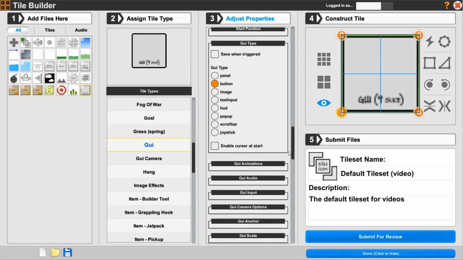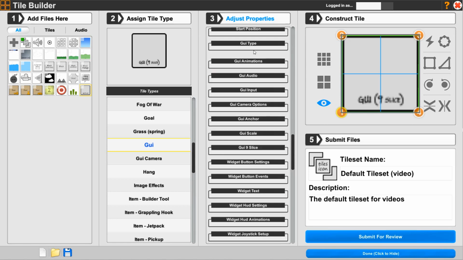So if we go back up to here, and we go to our GUI type, you have these right here. We have a 9 slice on this one, but in terms of its function, we're going to say it's a panel. Alright, so a panel just meaning it's a background image that we could use, but a panel has a couple of additional features in that you can actually put buttons and images on top of it, and it'll stick to it. Alright, the enable cursor at start, by default everything is actually enabled at start for the cursor. Eventually there'll be an on-off system, so